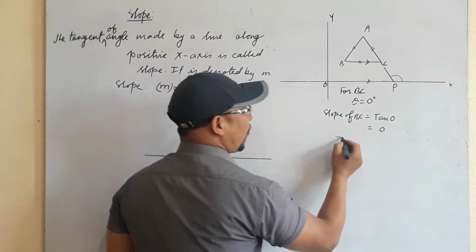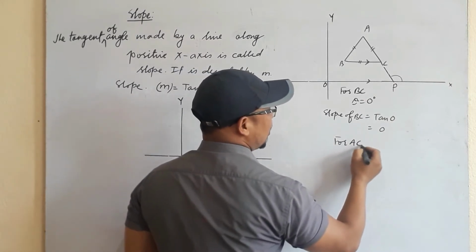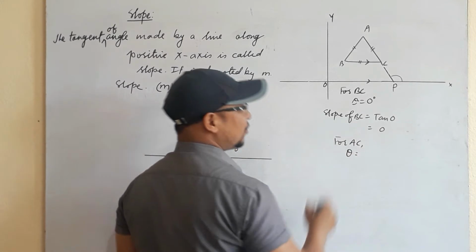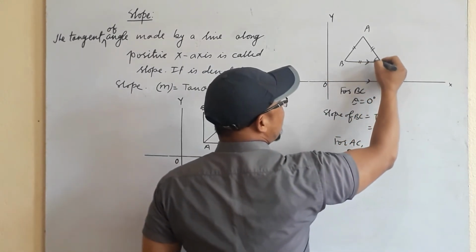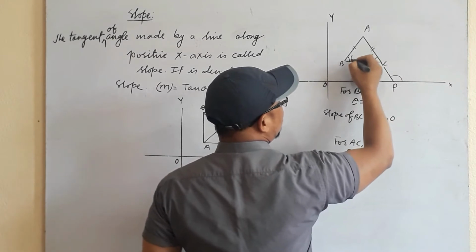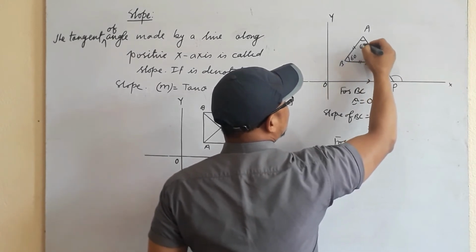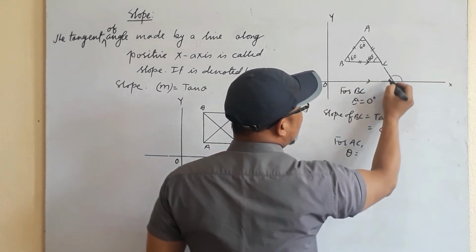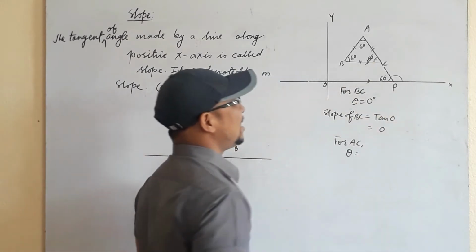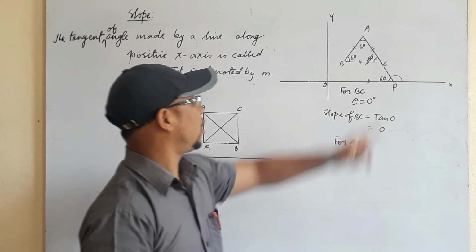Now you can write here for AC. What is theta? This is the theta. What is the value of theta? For an equilateral triangle, every angle is 60 degrees. We know every angle is 60 degrees. If this angle is 60, of course this angle is 60 degrees